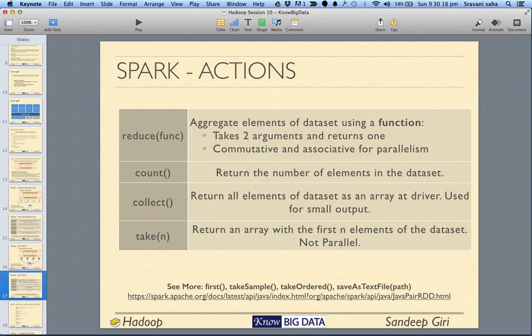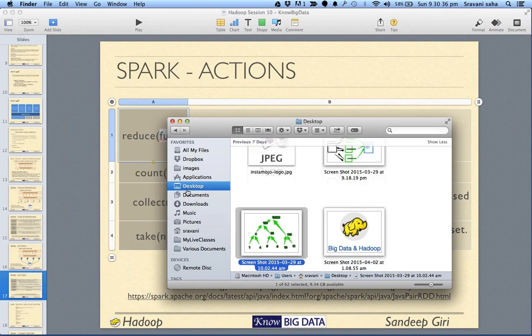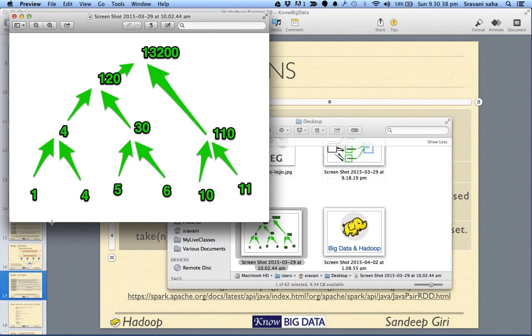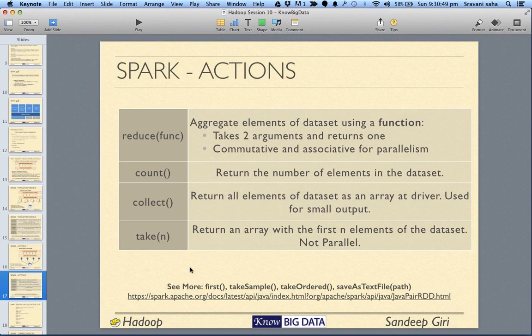You will have to define a function which takes two arguments and converts them into one. This function should return a single value and take two elements, and the translation of those two values into a single value is done by your function. It will be called again and again on this RDD until it becomes a single value. That's how it does it.